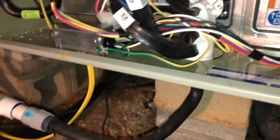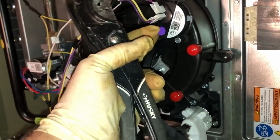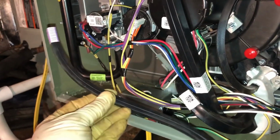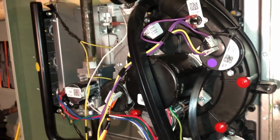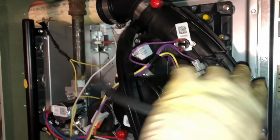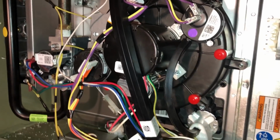All right, and I did shorten this tube from the condensate switch a good bit, about that much. So not sure if they turned the motor here during install. I think this is the way it comes. So anyway,